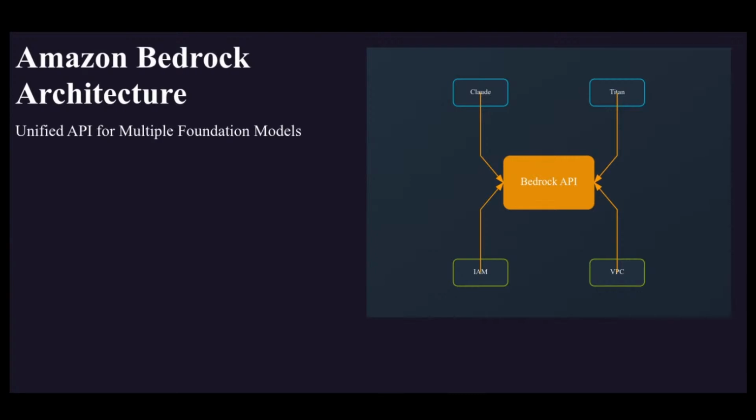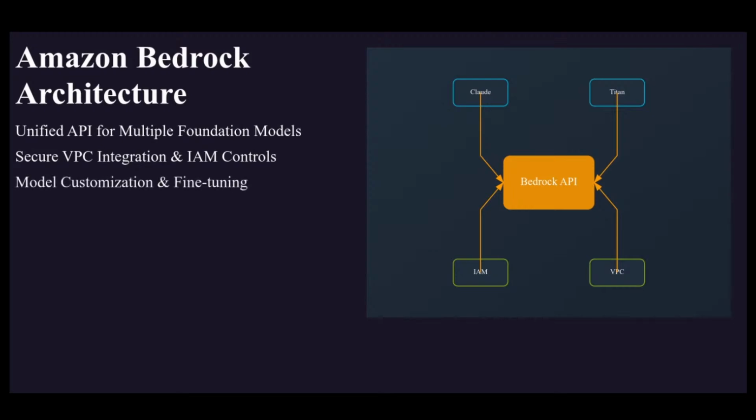In terms of the Amazon Bedrock architecture, the key takeaway is that it's a unified API that's serverless for multiple foundation models, although you can provision dedicated I/O. In terms of security, it has the best practices that many services already use, like VPCs and IAM controls. We also have the ability to do model customization and fine tuning, and even distillation. Serverless is a key component here because it allows us to not have to worry about some of the finer details, and we can just start calling the API and be more concerned with token level scaling.